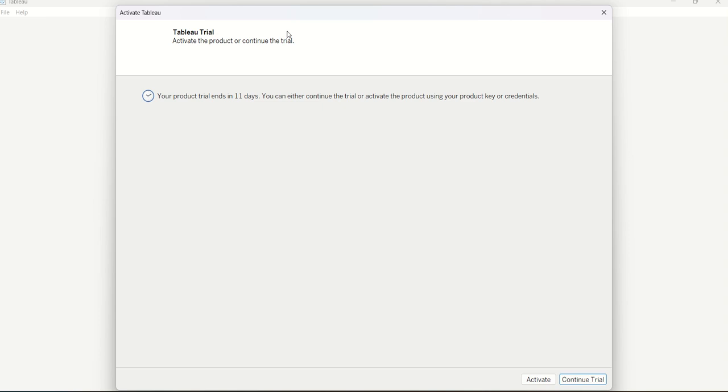And we're building our first Tableau dashboard with this video. So the first time you click on your Tableau icon, I pinned it to my taskbar, the first screen that comes out is the continue trial. You don't click activate because you don't have a product key. Remember, this is the trial version. So I click on continue trial,